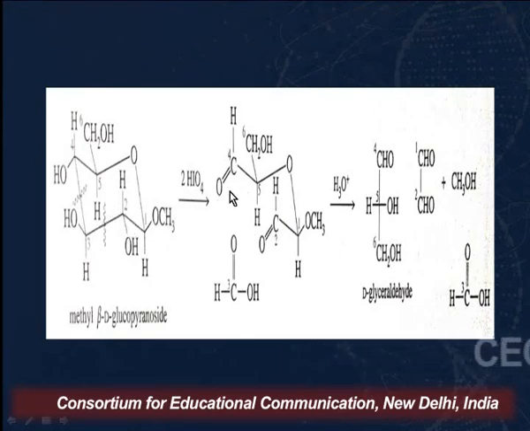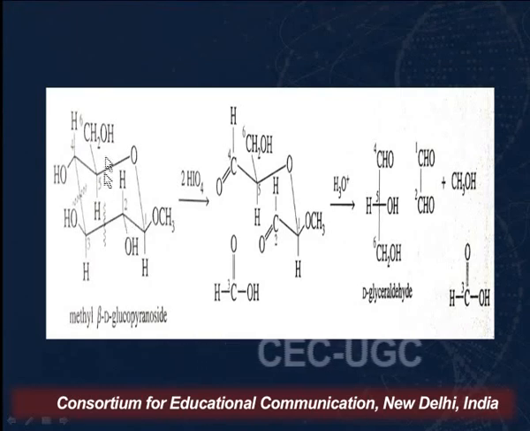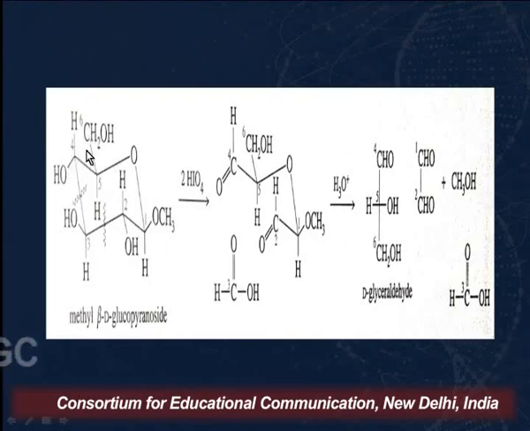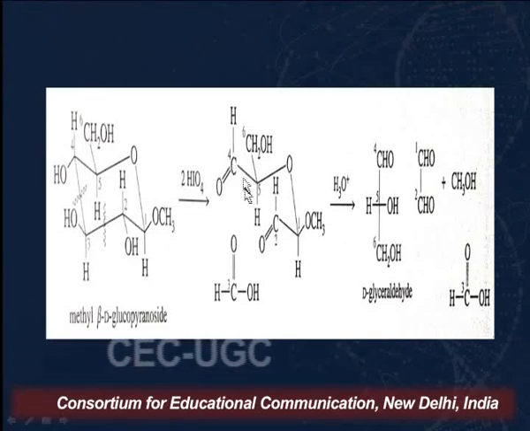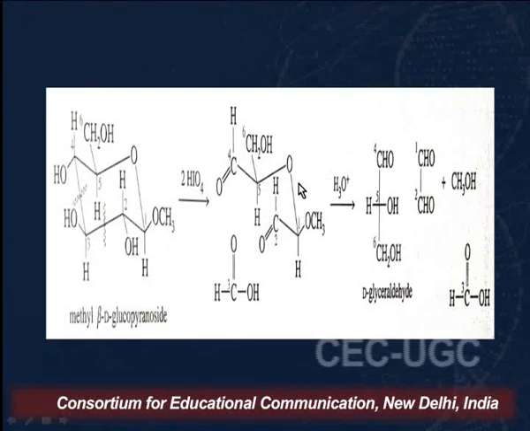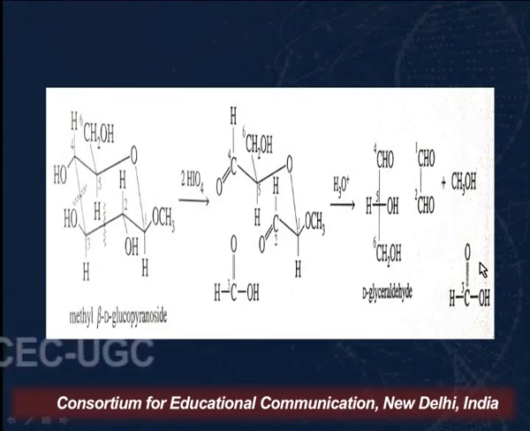We'll get a dialdehyde. As I've already said, this will not undergo periodic oxidation, and this will also not undergo periodic oxidation here, because this bond will not cleave from here, because we do not have an OH group here. So the other product would be a dialdehyde, which will contain these carbons, that is the 4th, 5th and 6th carbon. And when we carry out the hydrolysis of this product, we will get D-glyceraldehyde, glyoxal, methanol and formaldehyde.